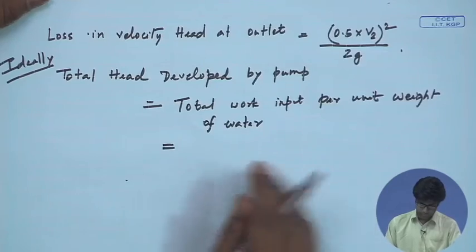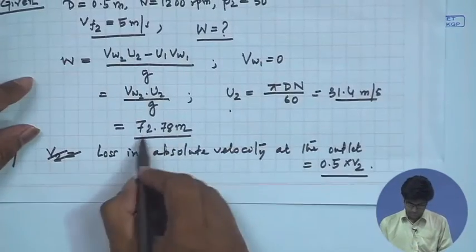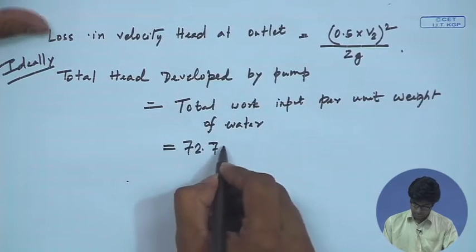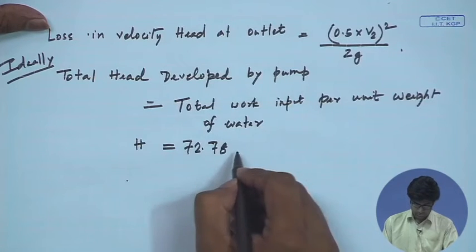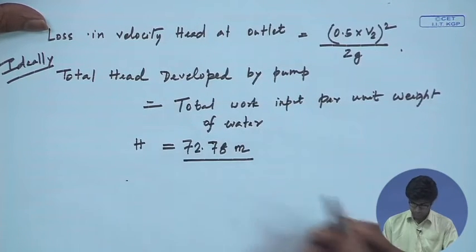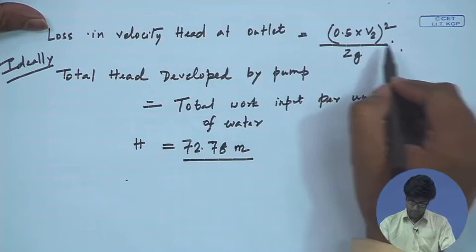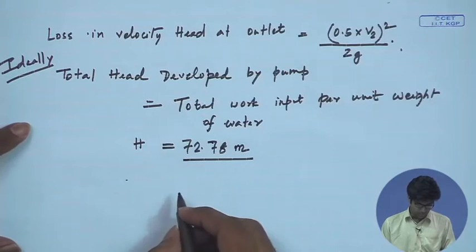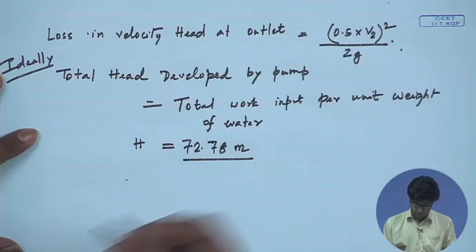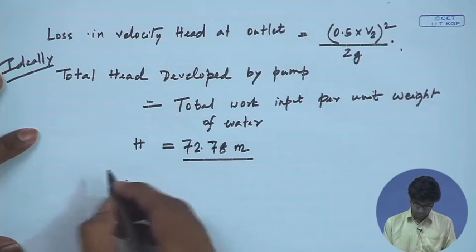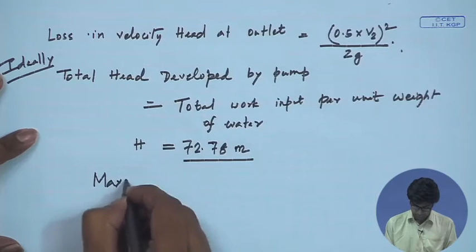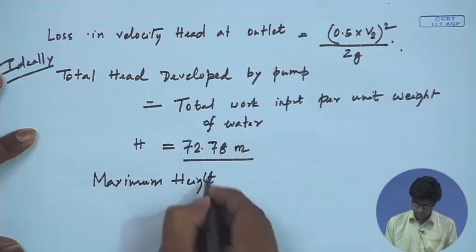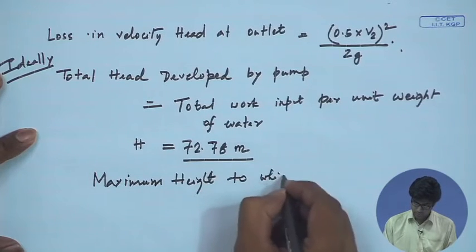This quantity we just found out, which was 72.78 meters. So, the total head in the ideal case is actually 72.78 meters, but there was a loss in velocity head which amounts to 0.5 into V2 whole square by 2g. So, the net head available, or the maximum height to which the water can be raised,